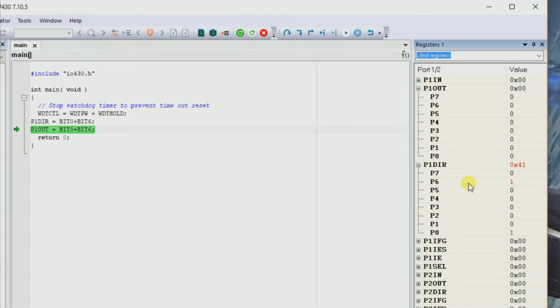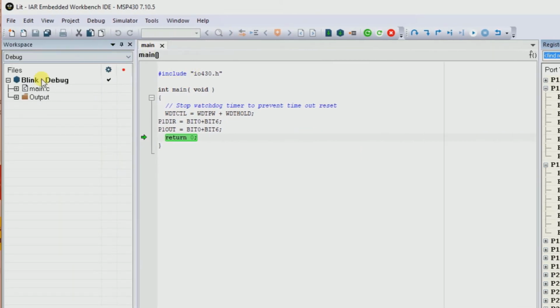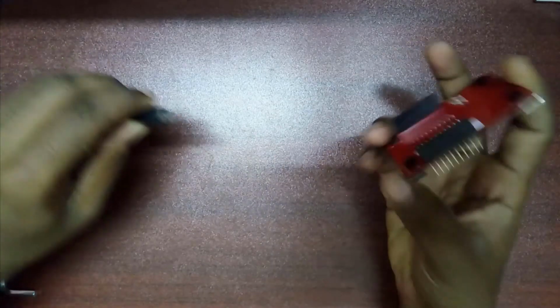You have to change the register values associated with a particular pin, and you change the properties of that pin. Alright, okay, if you don't understand, that's okay. Alright, so let me put it to next statement. You see P1 out, it has been configured as 1, and the P0. Alright, so to upload this sketch to the actual board,